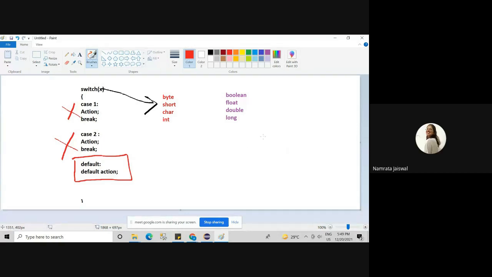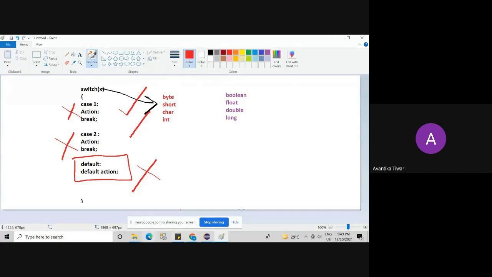Then that means a switch body without case is valid. Okay. Now if I am not writing default, but I am writing cases, is it valid? Yes, ma'am. Okay. That means switch without case is valid, switch without default is valid, switch without both is also valid. Okay.